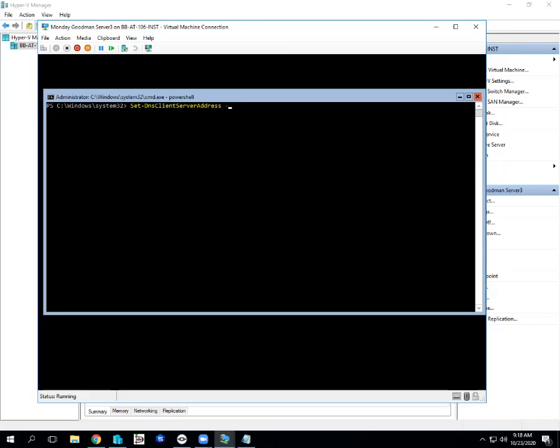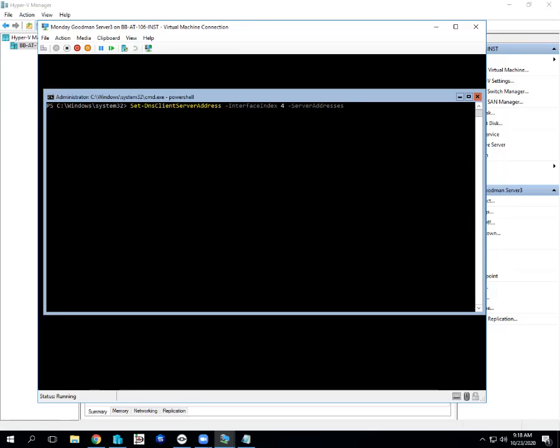And you got to do the same interface index followed by a switch that has server addresses,